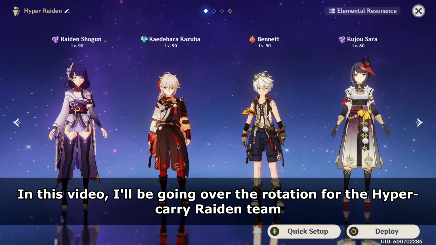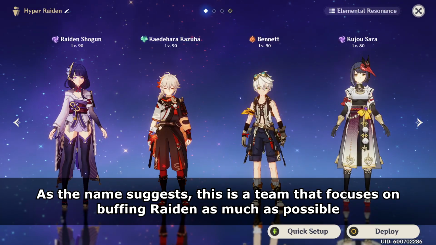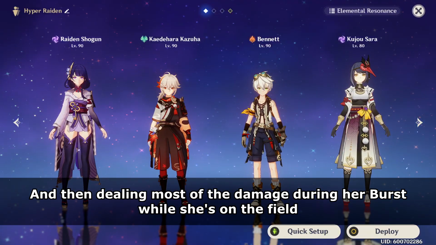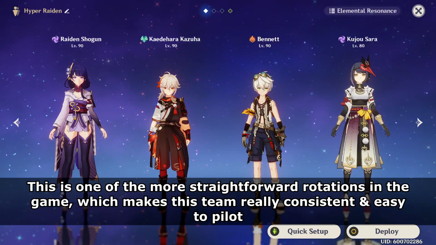In this video, I'll be going over the rotation for the Hypercarry Raiden team. As the name suggests, this is a team that focuses on buffing Raiden as much as possible and then dealing most of the damage during her burst while she's on the field. This is one of the more straightforward rotations in the game, which makes this team really consistent and easy to